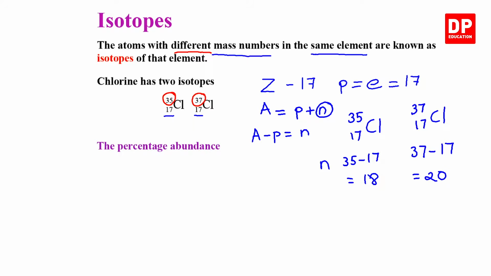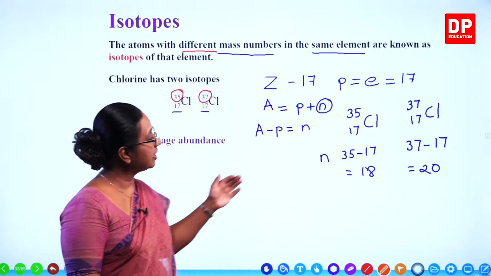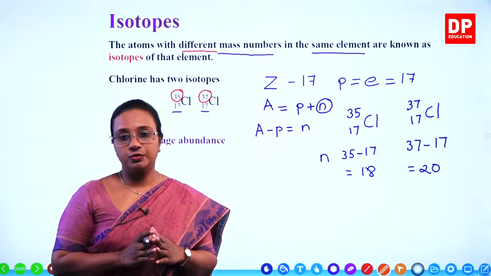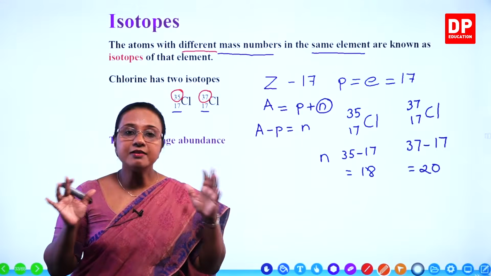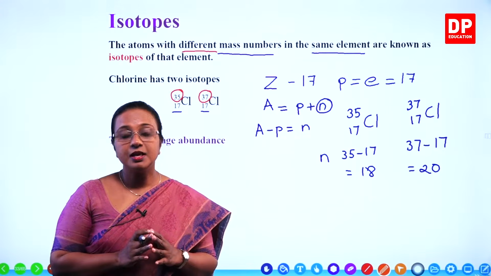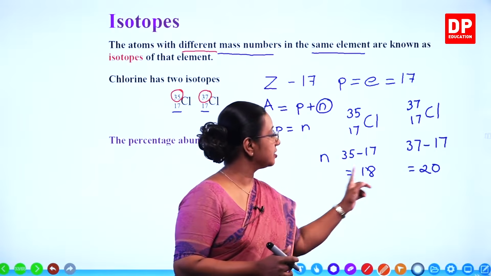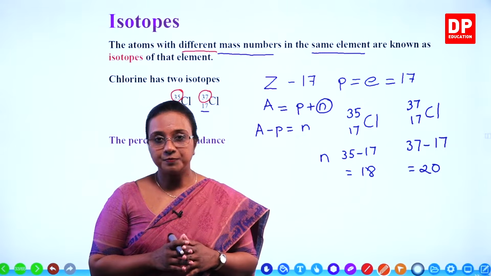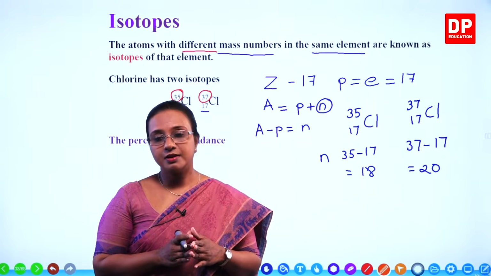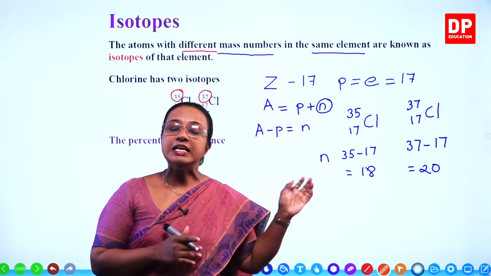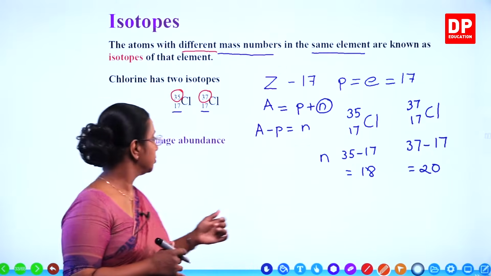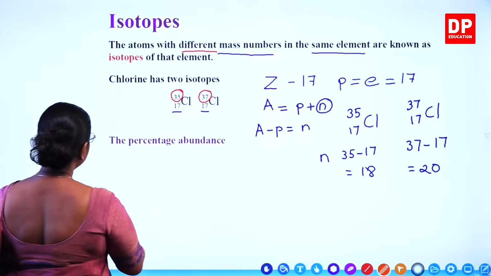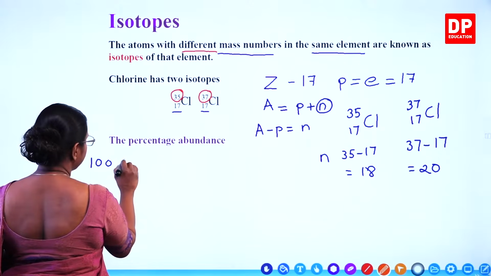Then we have the percentage abundance related to isotopes. That is, if you take a sample of chlorine, if there are 100 parts of chlorine in it, you don't get both isotopes in equal amounts. They will vary. So, out of those 100 parts, the amount of each isotope present is known as the percentage abundance. For example, if we take 100 parts of chlorine,